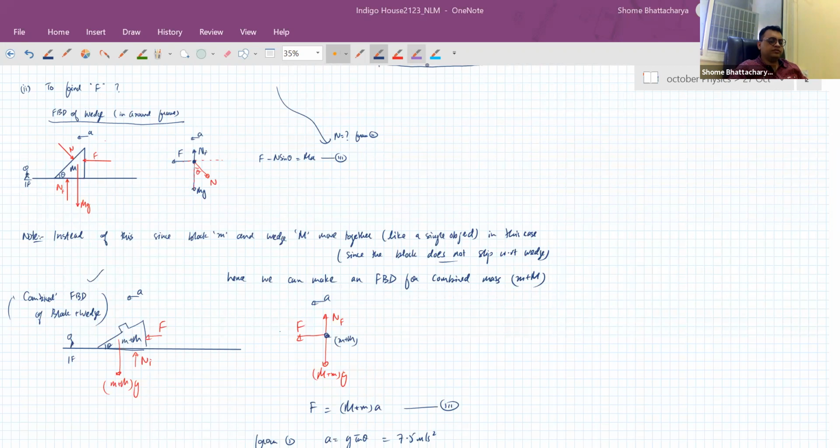Okay. So whether we find that force by making the free body diagram of the wedge alone as an object, or the wedge plus the block as a combined mass because they're moving together, that is up to us. How we calculate it by using which of the two FBDs does not matter. No? The F has a particular value which is independent of which FBD we use.